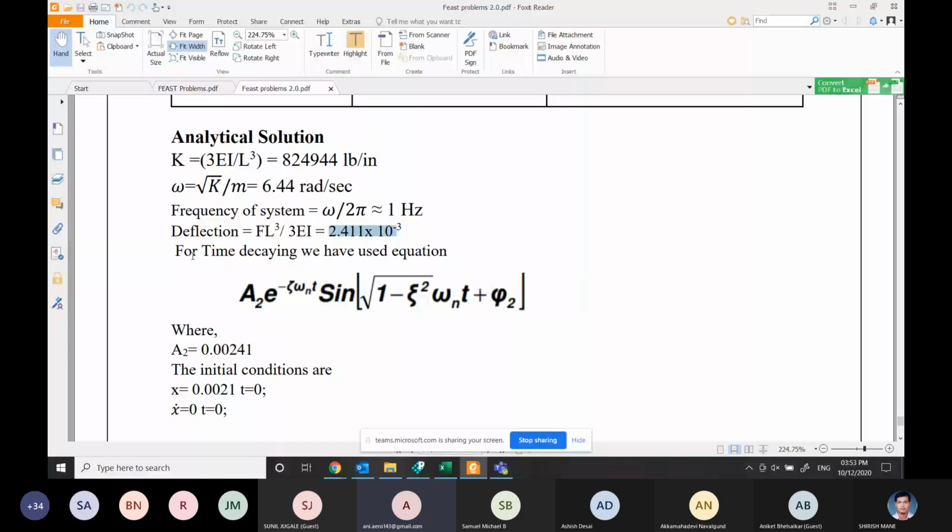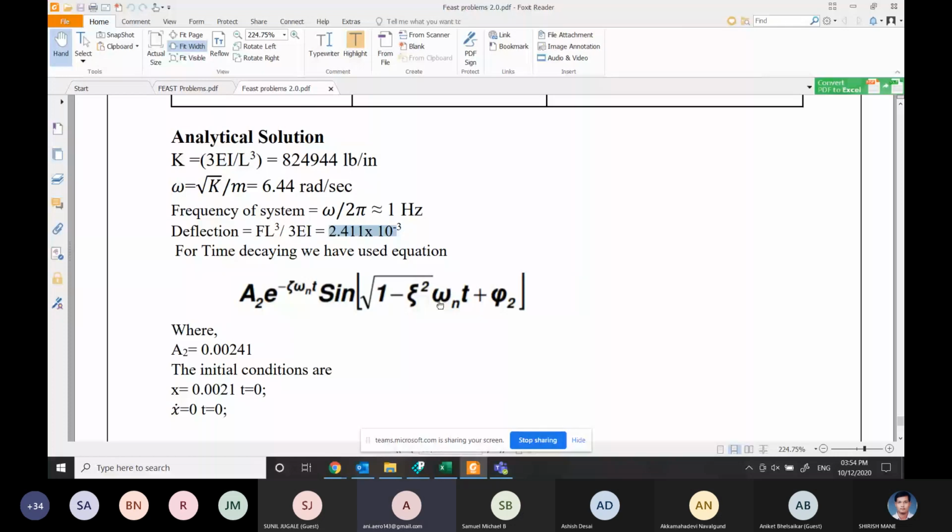To calculate the time decay, we have the complementary function, which is nothing but the static deflection times e to the power minus zeta omega n t, times sine of square root of 1 minus zeta square omega n t, plus phi. This square root of 1 minus zeta square omega n is nothing but omega d, the damped natural frequency, which is calculated as omega n root 1 minus zeta square.